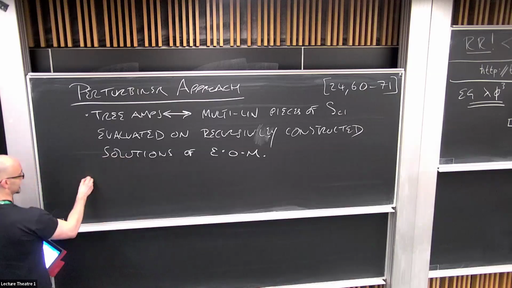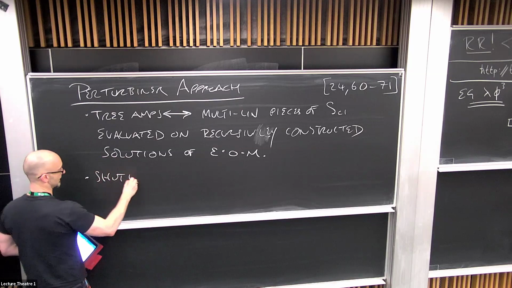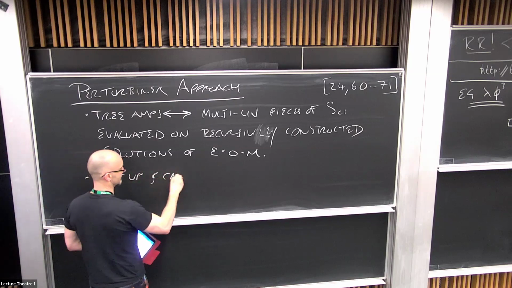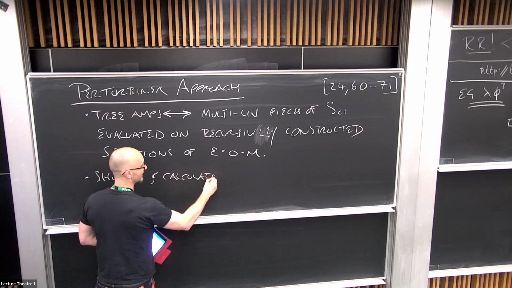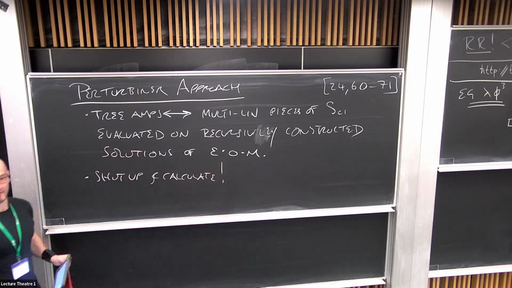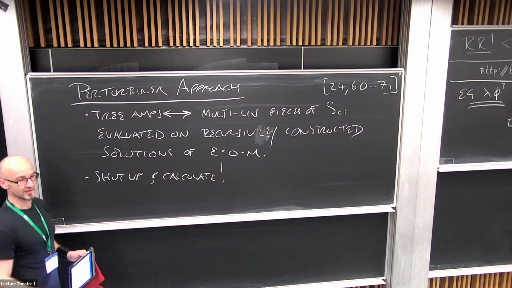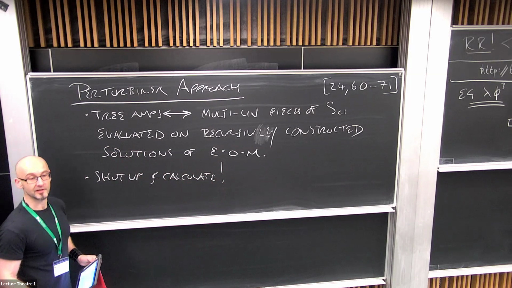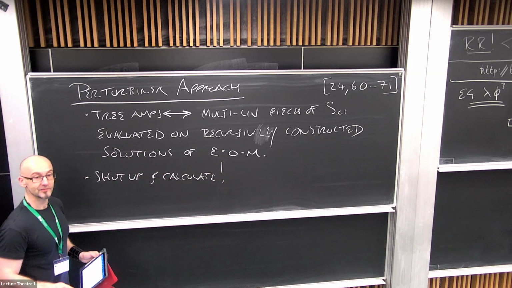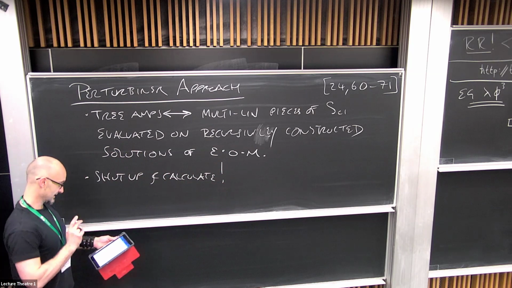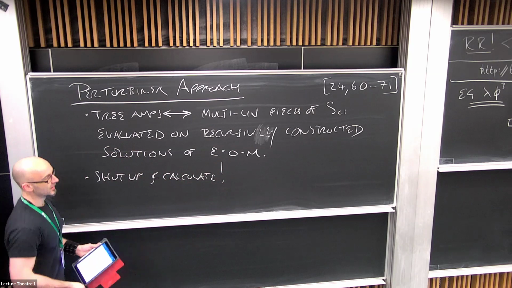It's very much a shut up and calculate kind of thing. Just go and do it, and everything will be fine. And you'll realize if you get into it that this is absolutely not the way that you'd ever want to calculate tree-level amplitudes in phi cubed theory, or in QED, or in anything else. It's a lot of work. But the point is,